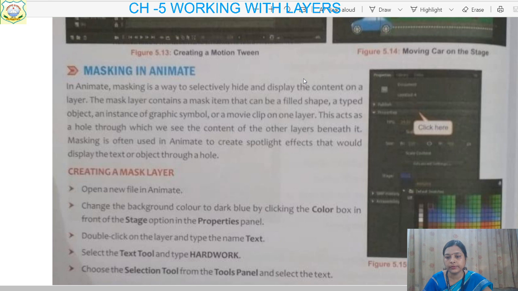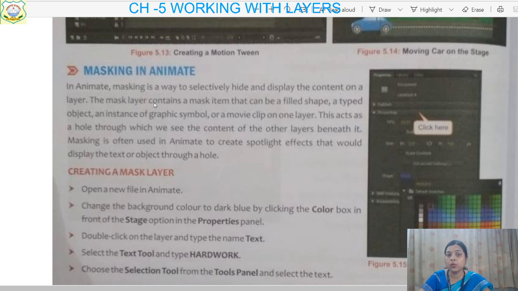Just now I have told you that either you can have a text on that layer, or you are having some objects, आपने कोई sun बनाया है, or you have placed a car in that and you want to hide it at that time. So you can use this feature to show and hide the contents which are placed on a layer, not the whole layer, children. पूरा layer नहीं hide और close करना है, ठीक है? So through masking we can do this.